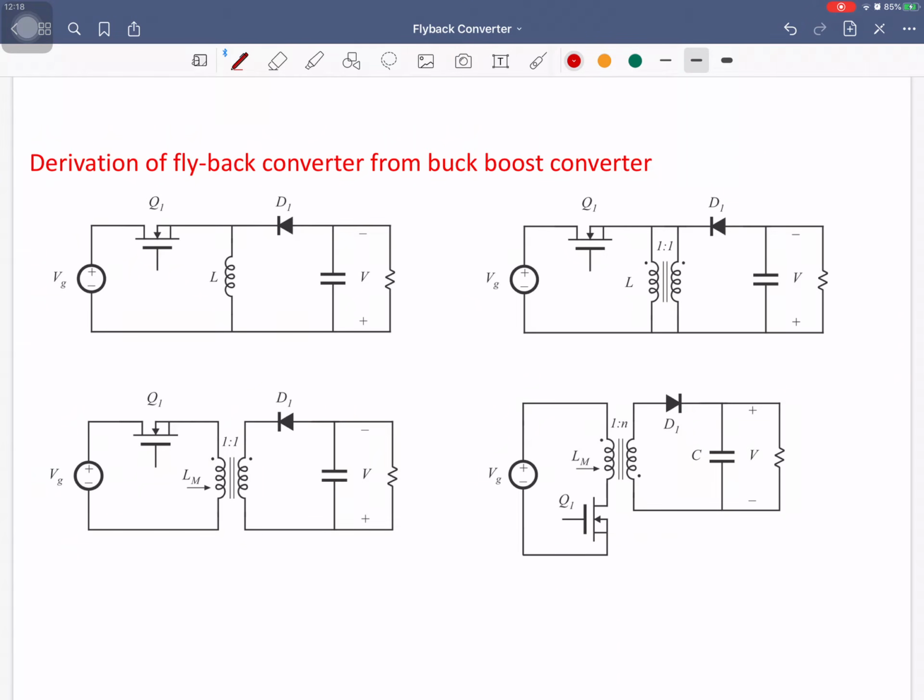So as I have already explained to you, your flyback converter is basically derived from the buck boost converter. So now we can see it over here. Here you can see the circuit diagram for the simple, non-isolated buck boost converter. In this, if I develop this inductor with the help of two parallel wires, it can be represented like that, 1:1 ratio, and both sides are connected.